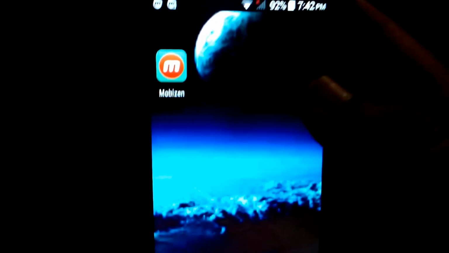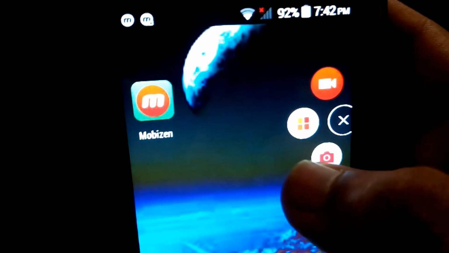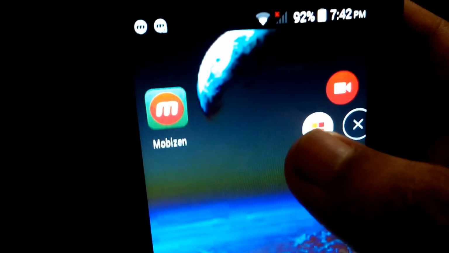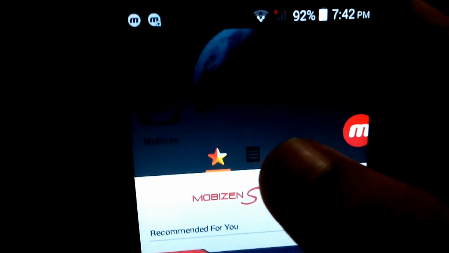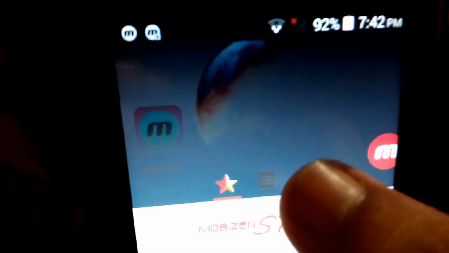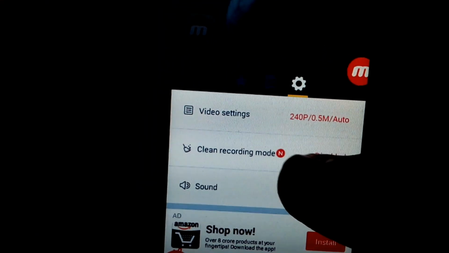So basically, guys, before that, what I have to say is this: this window type icon, if you click on this, you will get a detailed settings panel, in which if you click on this gear icon, you will get a lot of video settings, clean recording mode.